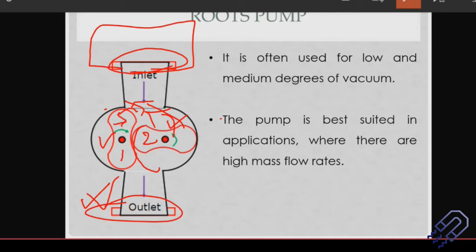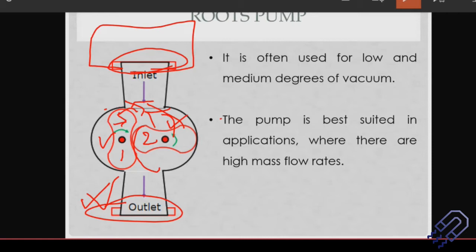Imagine a box which is having some gas trapped. Imagine a cylinder, an LPG cylinder. If you somehow open the cylinder, you see that the gas comes fuzzing out, very fast. Why? Because the pressure in the outer atmosphere is much lesser compared to the pressure inside the cylinder. So for taking out that much amount of gas, you don't really need a very high-end device. In a similar way, these rotary pump or roots pump will take out the major part of the mass, and after that the main challenge is to take out further gas out of it. That is the main challenge.